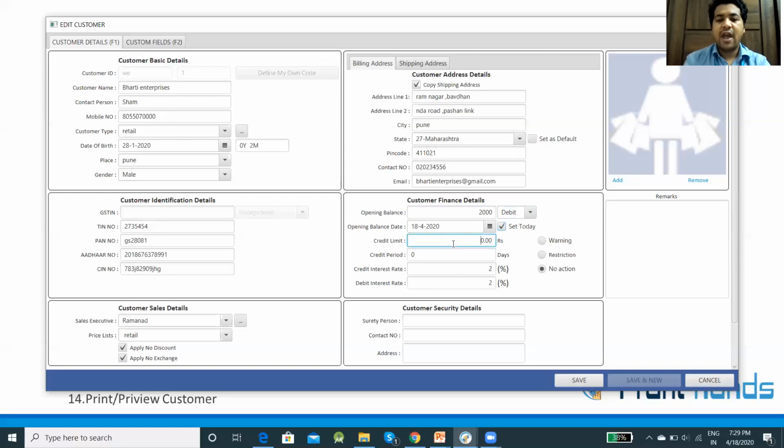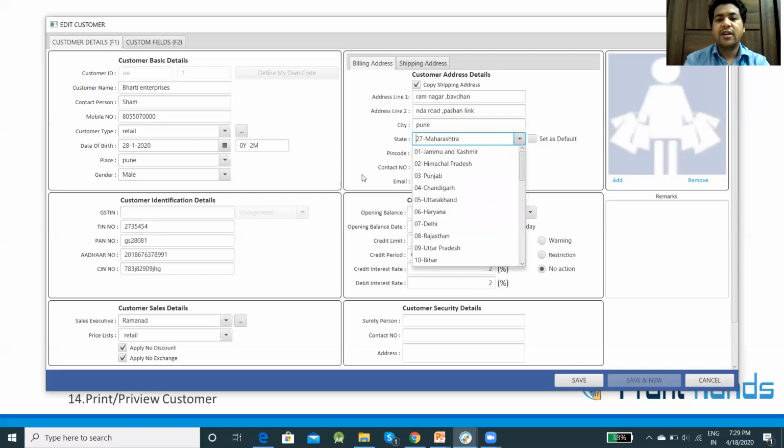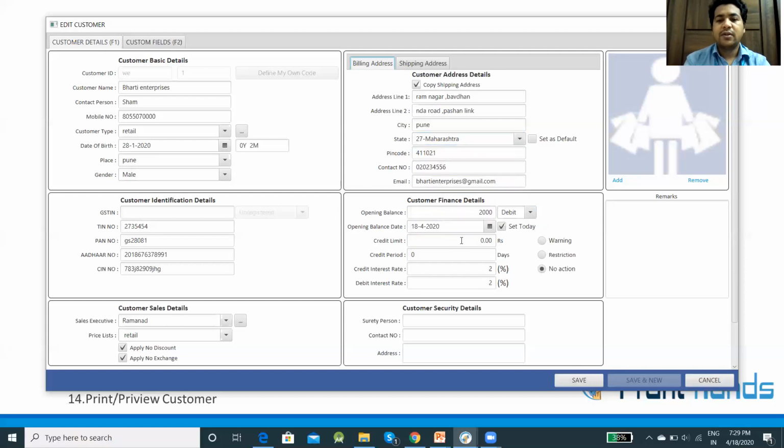And then you have credit limit over here. If you mention any kind of credit limit, you can simply select this and put, like, I want to give 2 lakh of credit limit, and you can choose whether a warning, a restriction, or no action is to be taken.